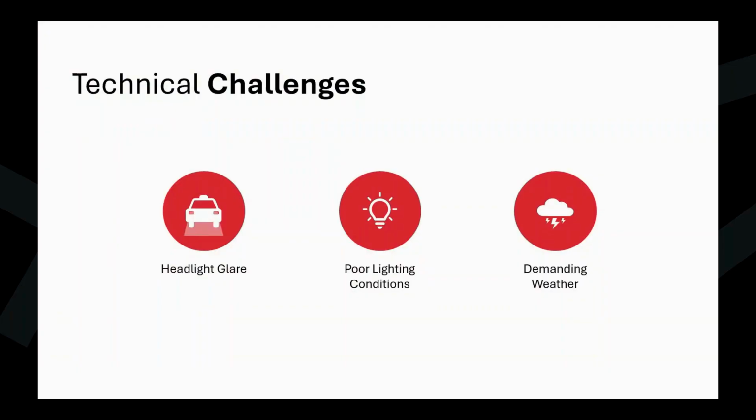So first and foremost, you've got headlight glare. The major issue, of course, is that vehicles will be shining light, and depending on where your camera is actually positioned, they could be shining light directly into your camera, which can cause overexposure, bright spots. This is also a big issue if you're just using inbuilt infrared, which potentially can be